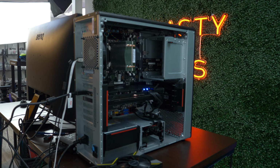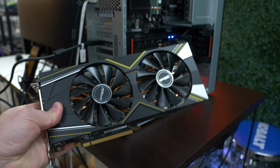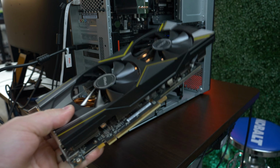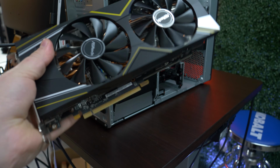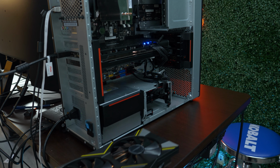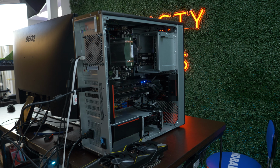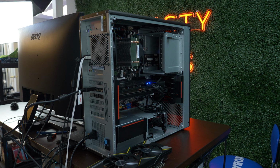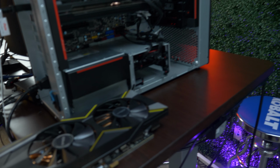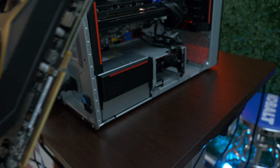Well, ladies and gentlemen, we have some issues. Obviously, I expected some issues to happen, but I did not expect the 5700 XT to be the problem. This right here, our ASRock Challenger 5700 XT, is just not working properly. We actually booted up the system and we're just testing to make sure things are working fine before we ran our benchmark run. I was able to launch into Halo and everything, but after like a few seconds, the computer would hard shut down. I then noticed the graphics card, the 5700 XT, was getting up to 85 degrees Celsius,